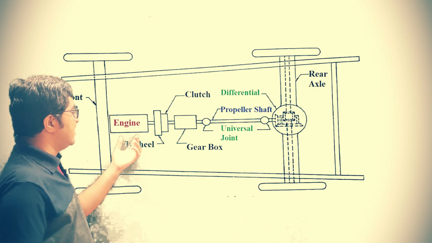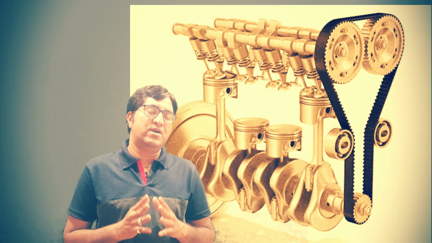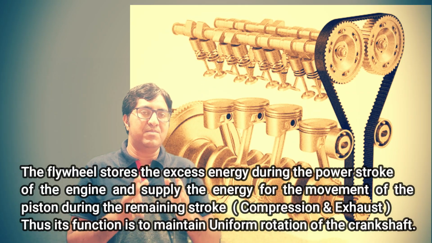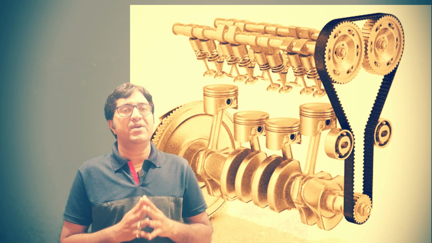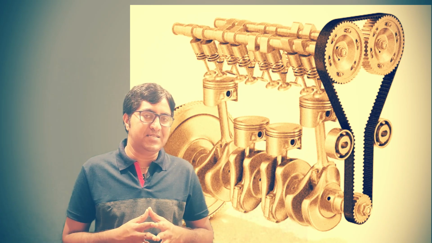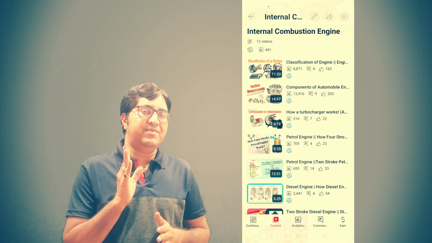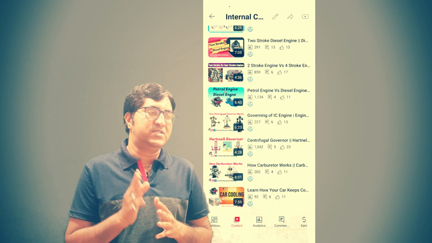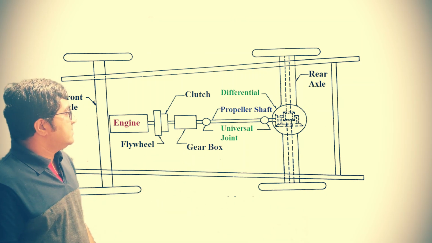This engine is connected with the flywheel. What is the function of the flywheel? The flywheel controls the fluctuation. Whatever power is produced in the combustion chamber is stored in the flywheel and utilized in another stroke. We have already discussed this in the working principle of the IC engine. If you want to clear your fundamentals, you can visit my playlist on IC engines, where all videos related to the internal combustion engine are available. You can watch it. So the flywheel is an energy storage device, and this energy is utilized in the remaining strokes,